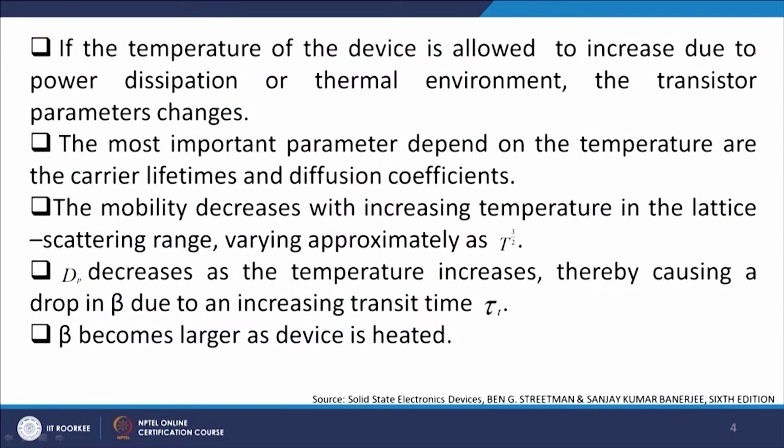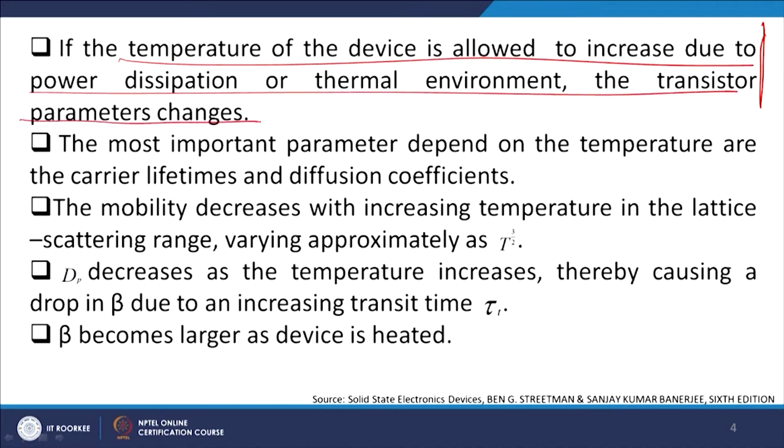This is what I was saying: if the temperature of the device is allowed to increase due to power dissipation or thermal environment, the transistor parameters change. So, your alpha and beta are a function of temperature, right, and current gain increases. As we discussed, we will not go into details of it, but the most important parameters are carrier lifetime and